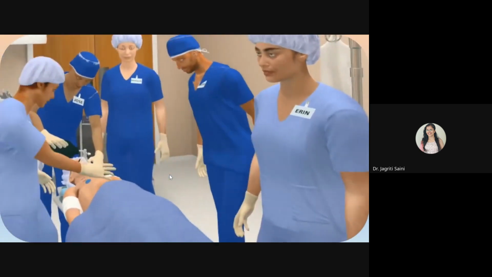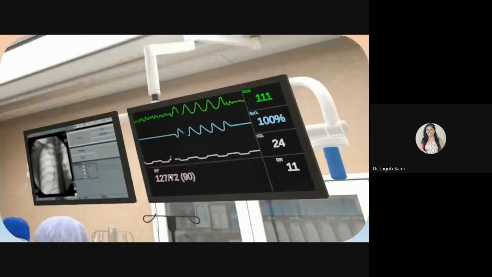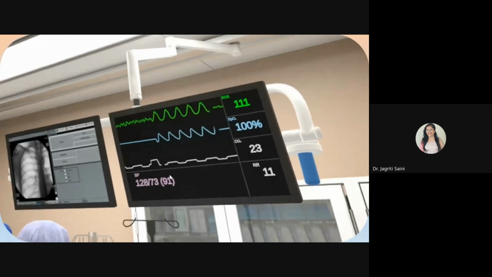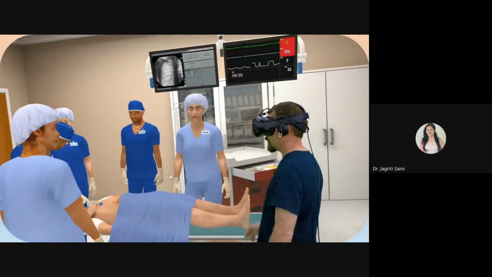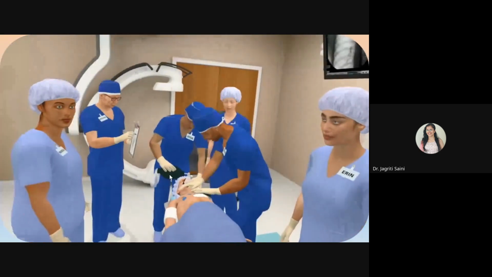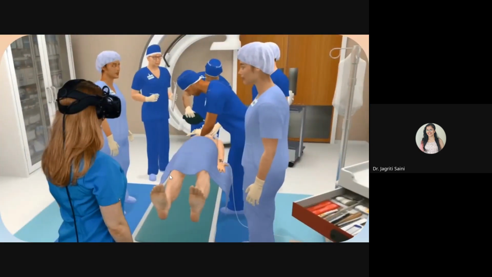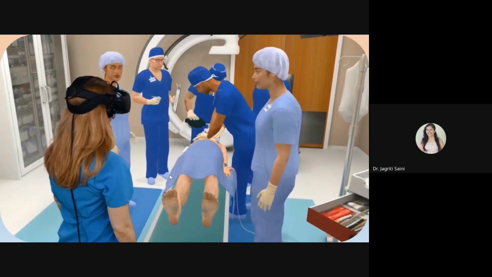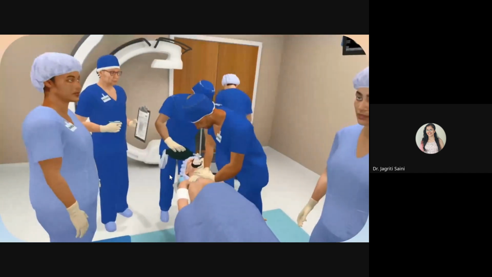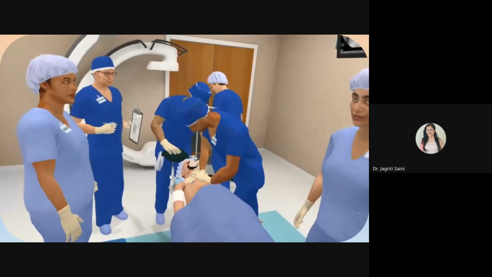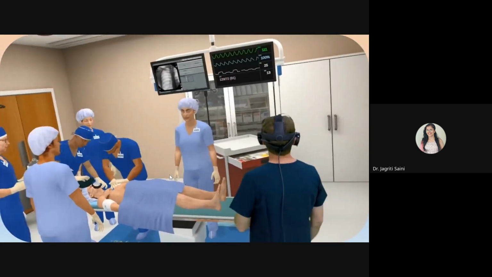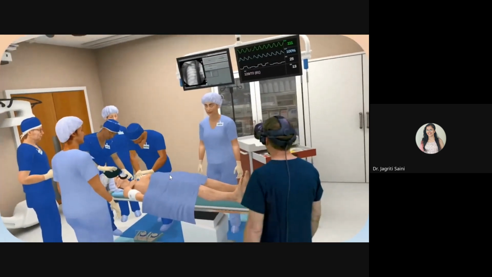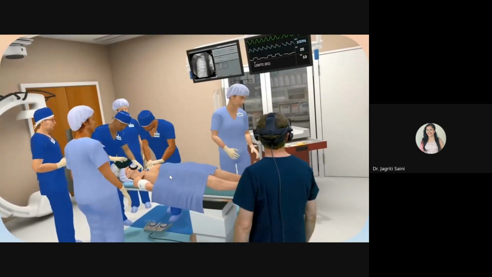The learner takes on the role of team lead, identifying different cardiac waveforms and using state-of-the-art voice recognition technology to direct virtual team members. Andre, start chest compressions. Starting compressions. To shock, perform CPR. Phyllis, let's go ahead and shock the patient. Charging. All clear. And administer meds. Aaron, administer 1 milligram of epinephrine. Giving 1 milligram of epinephrine.